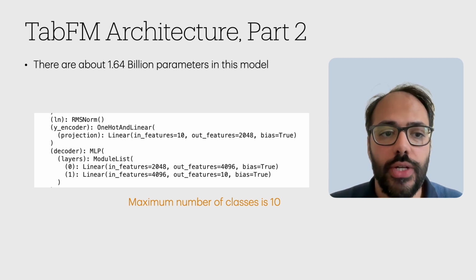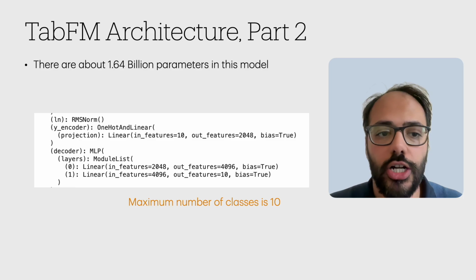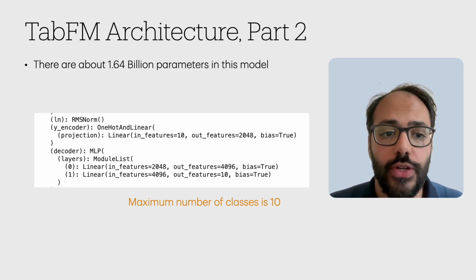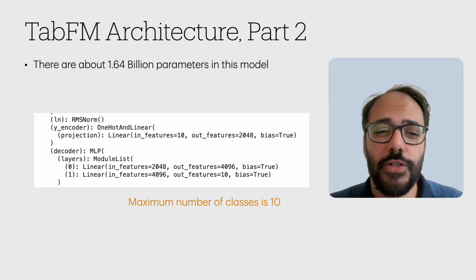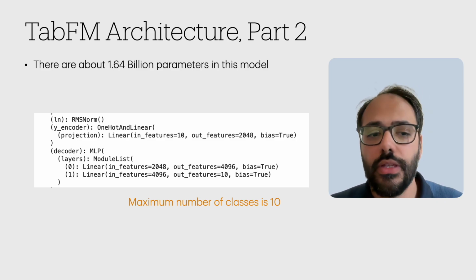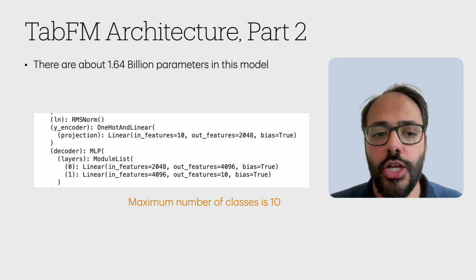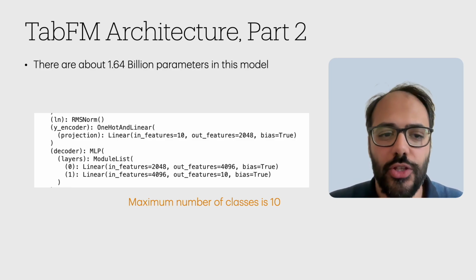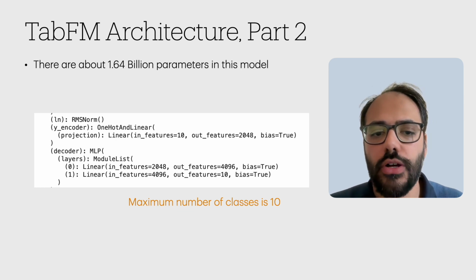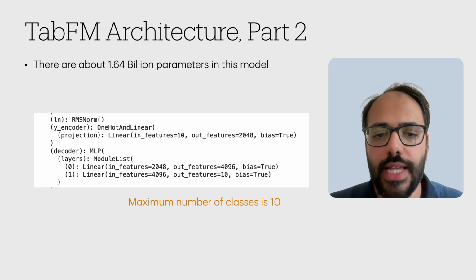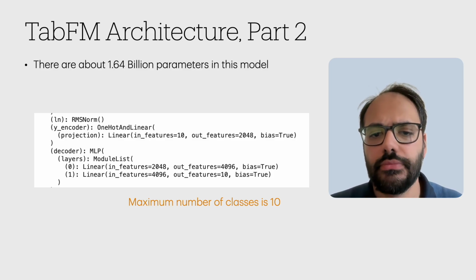Then next, if we look at it, there is a normalization layer, this RMS norm, which is very common within transformer architectures. And then the other part which is very interesting to me is that, well, typically we use a multi-layer perceptron or MLP at the end of the network to be able to make predictions or find logits, and then we use the logits to identify the class which has the highest probability. And in order to do this, they have hard-coded the number of classes. So if you look at this, what's happening is that through the previous part that we had where we had a transformer, we are going to find a